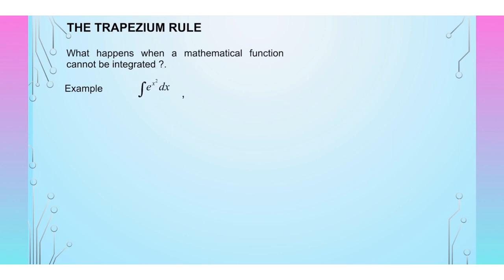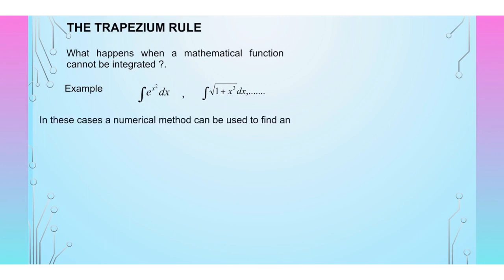The trapezium rule. What happens when a mathematical function cannot be integrated? For example, integrate e power x squared dx, or integrate sec of 1 plus x cubed dx. In these cases, a numerical method can be used to find an approximate value for the integral, as the definite